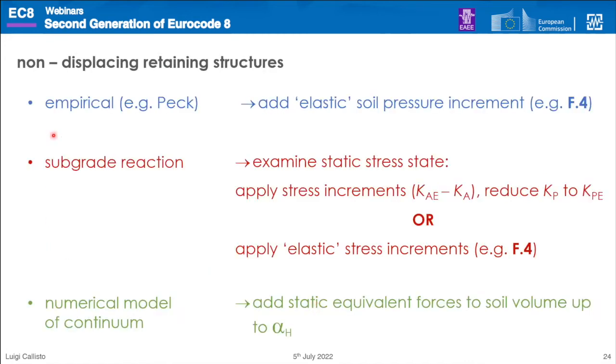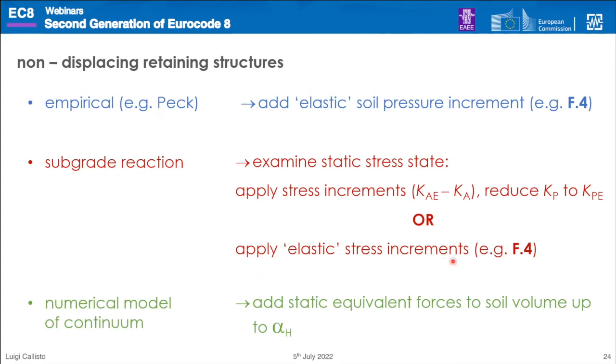For instance, we may have designed our static condition using empirical relationships, using a subgrade reaction method, or using a numerical model of continuum. In the first case, if you use an empirical approach, the only thing that we can do is to apply elastic pressures with guidance given in Annex F. I call them elastic because they are derived from elasticity. And these are incremental contact pressures that must be added to the ones that occur under the static conditions. If we have been using a subgrade reaction method, we may use the same technique to calculate elastic stress increments as in Annex F